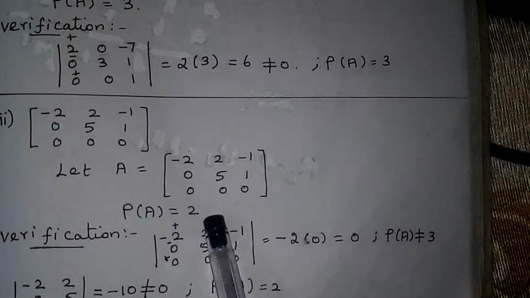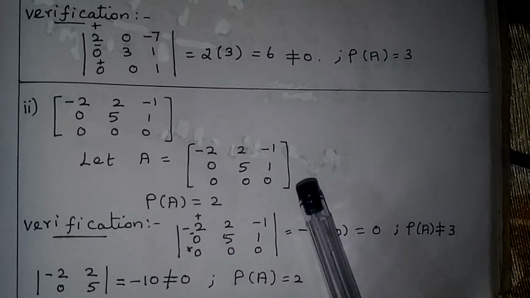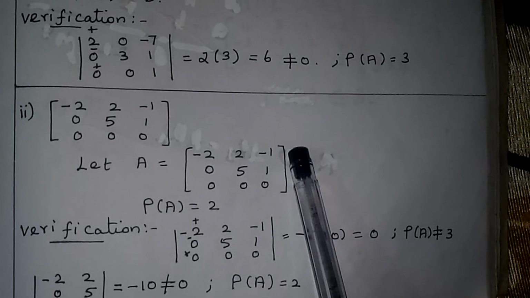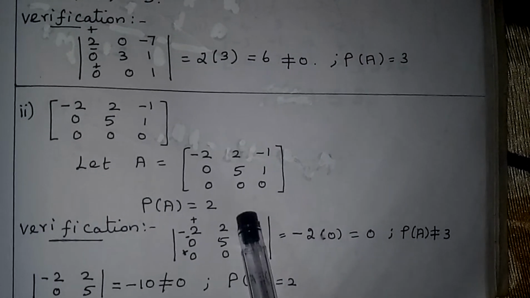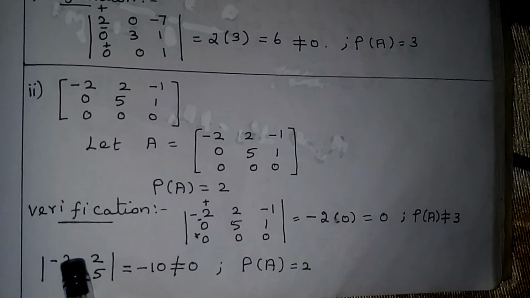Now the next one, second subdivision also same way. It is in the echelon form. Rank of A is what? The number of non-zero rows. Here the last row is fully 0. So only the first two rows you have to take. The rank of A is 2. That you can find using the minor method also, that is given as verification.